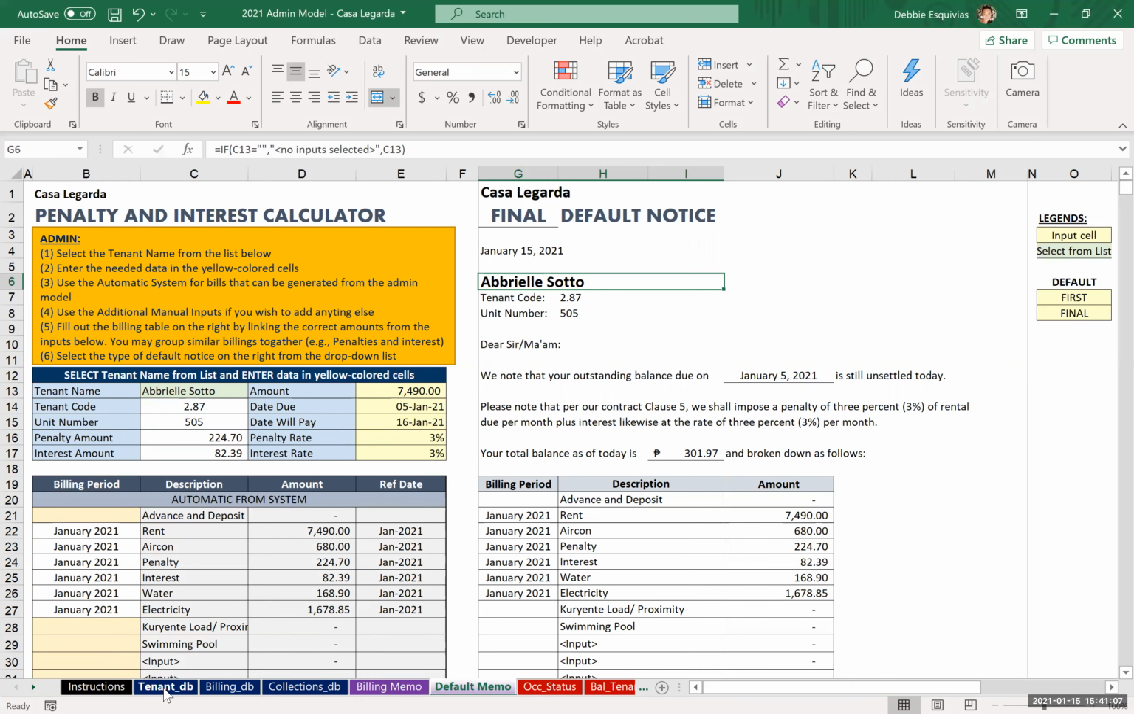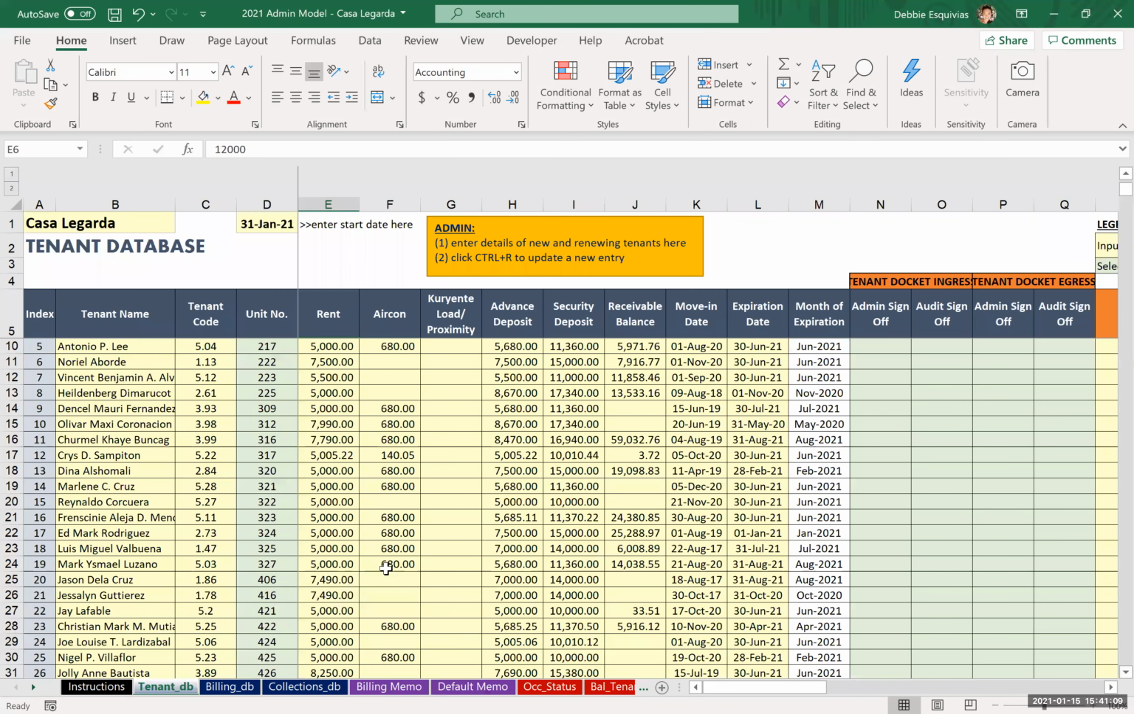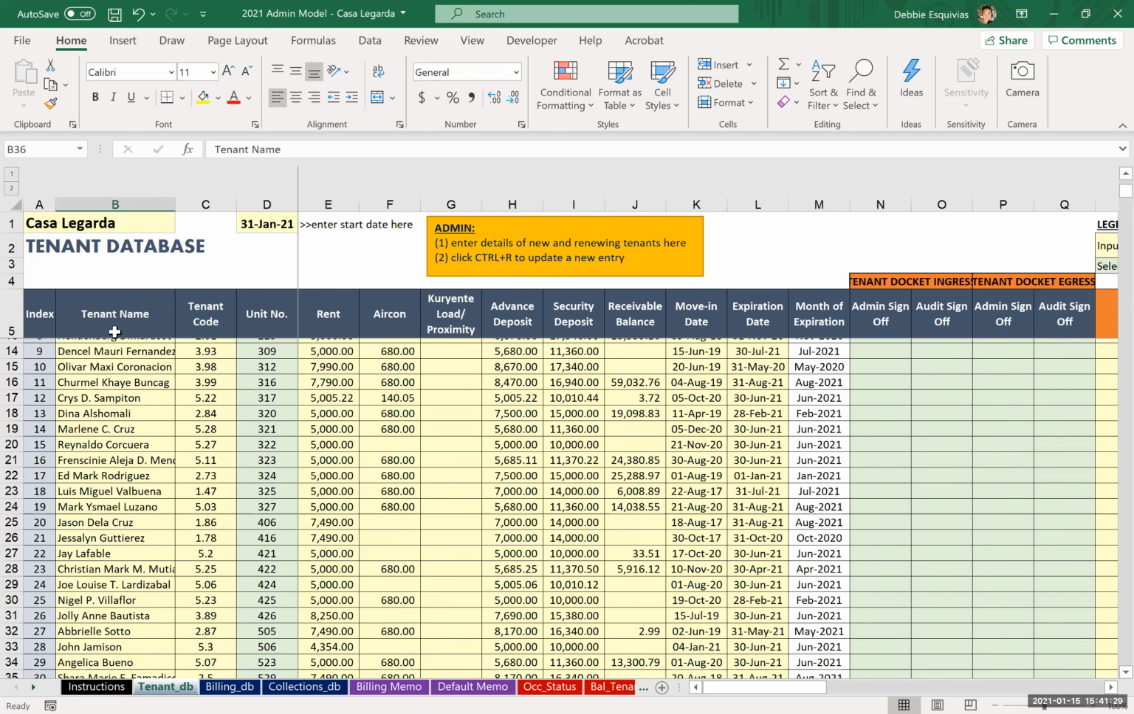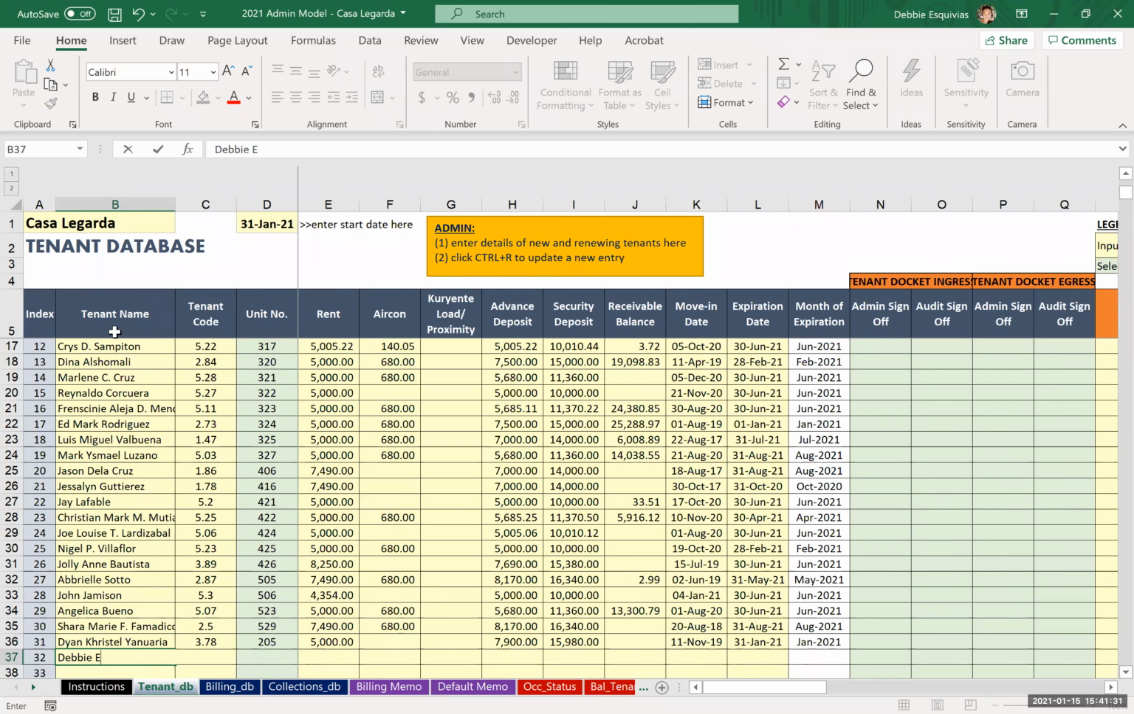Okay, and then last, I have updated the tenant database. Tinanggal ko na yung macro button dito kasi lagi siyang nawawala for some reason. I think it's basically nangyayari kapag na-upload sa Google Drive. I'm not sure. In any case, I just used the keyboard shortcut Control R to update a new entry. So, ibig sabihin, when you add another tenant, say,